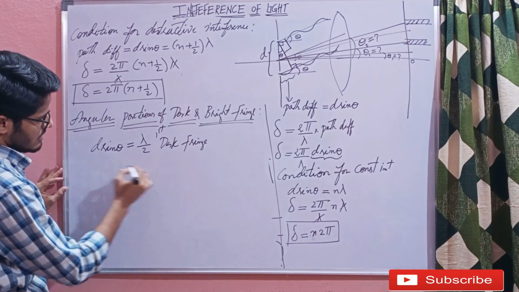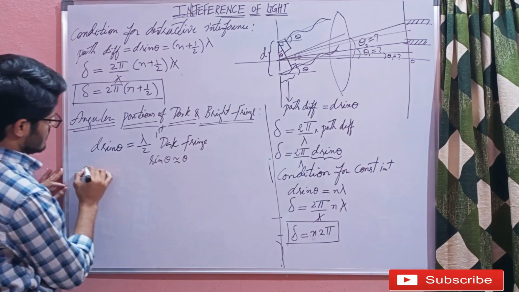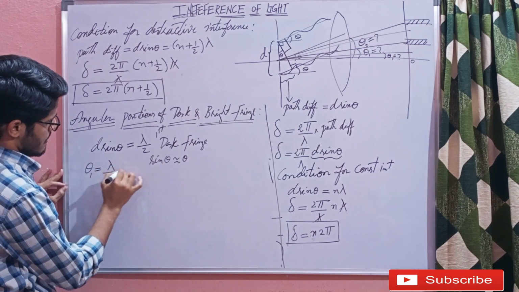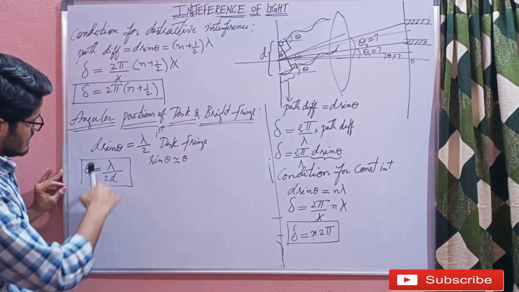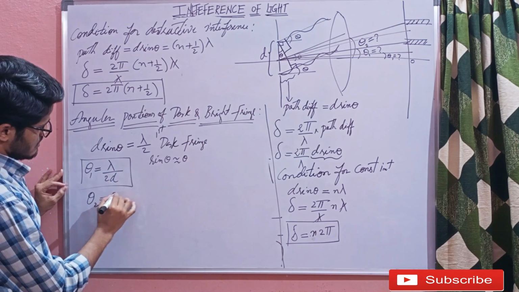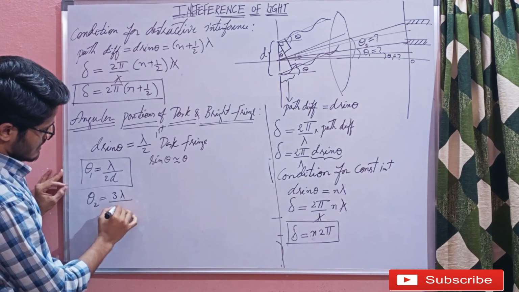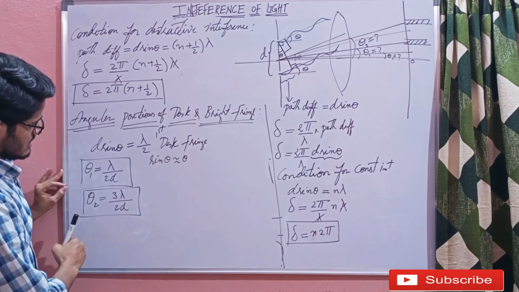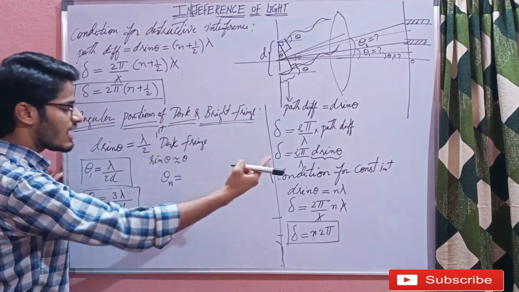Okay, so similarly, sine theta can be replaced with theta. That's how we can get the angular position of the first dark, and you can find the angular position of the second dark as 3 lambda by 2d. And if we generalize it to the nth dark fringe